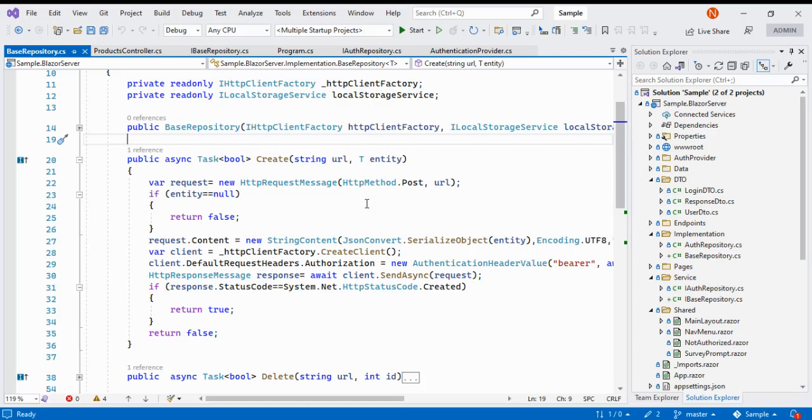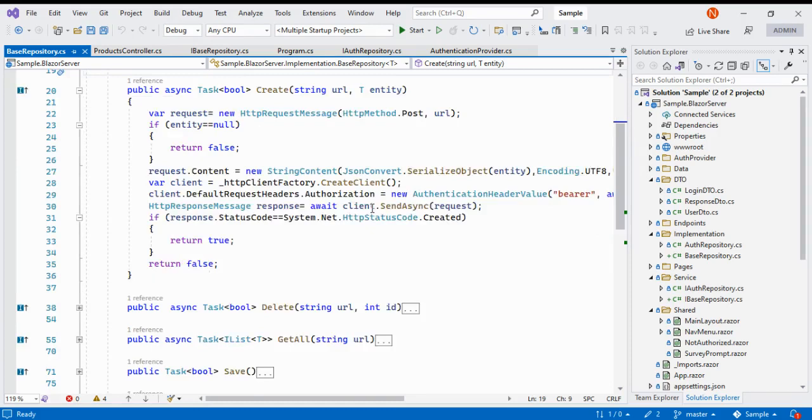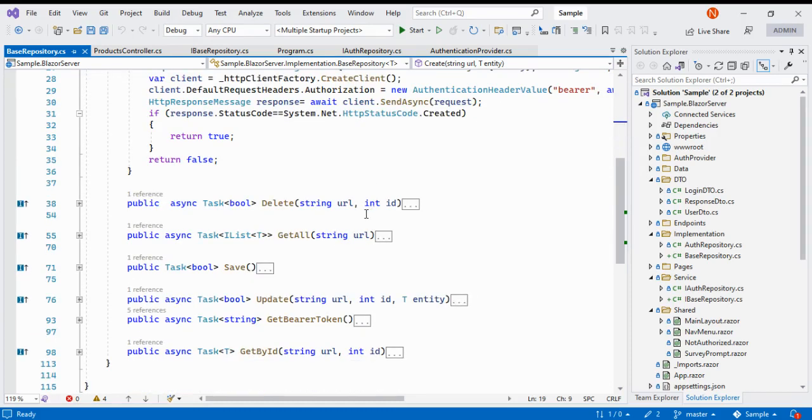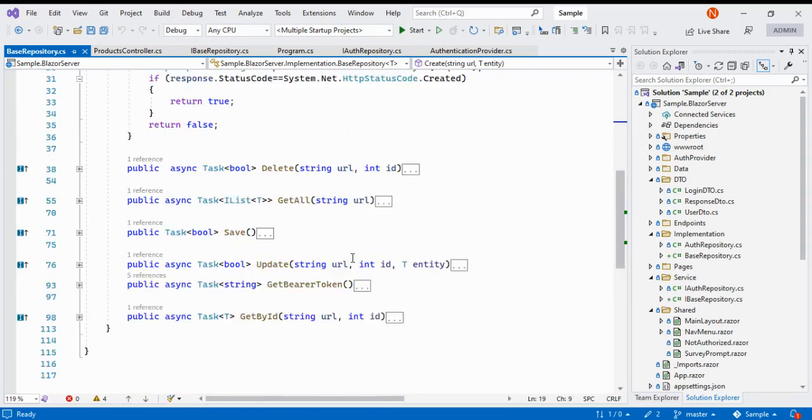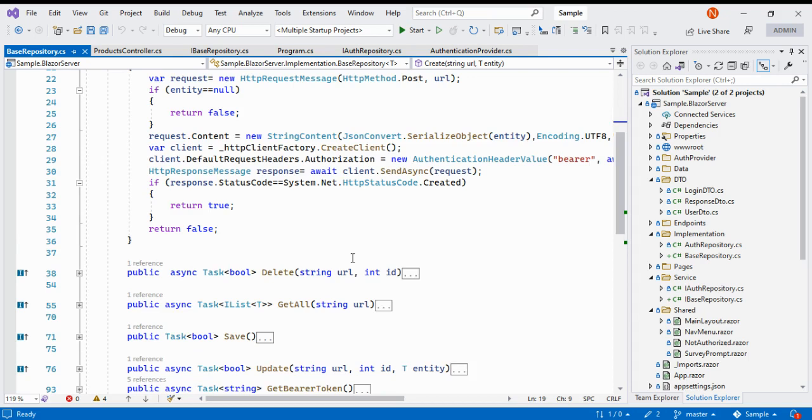Blazor series. In the previous video, I implemented all the base repository methods. So in this video, I am going to create the product repository. This will be inherited from the base repository. So if I go to the